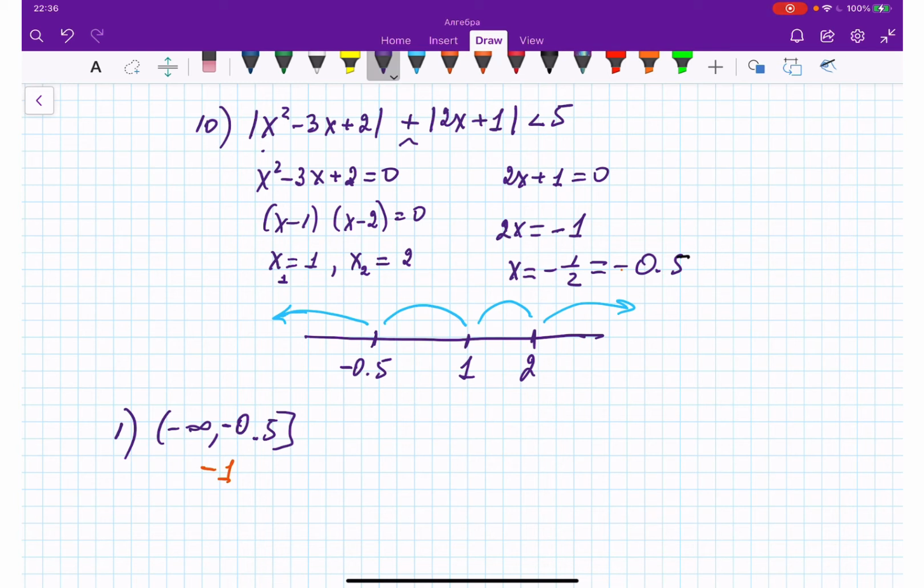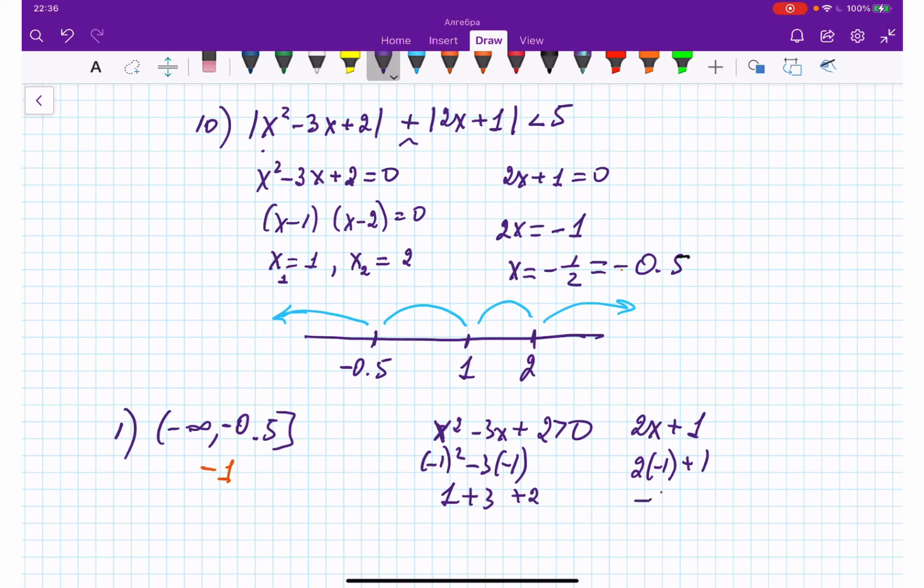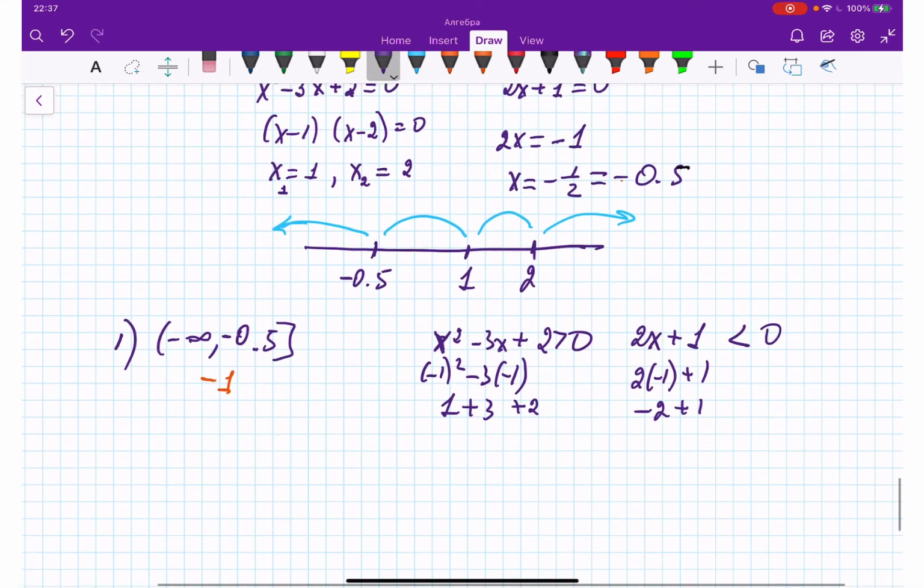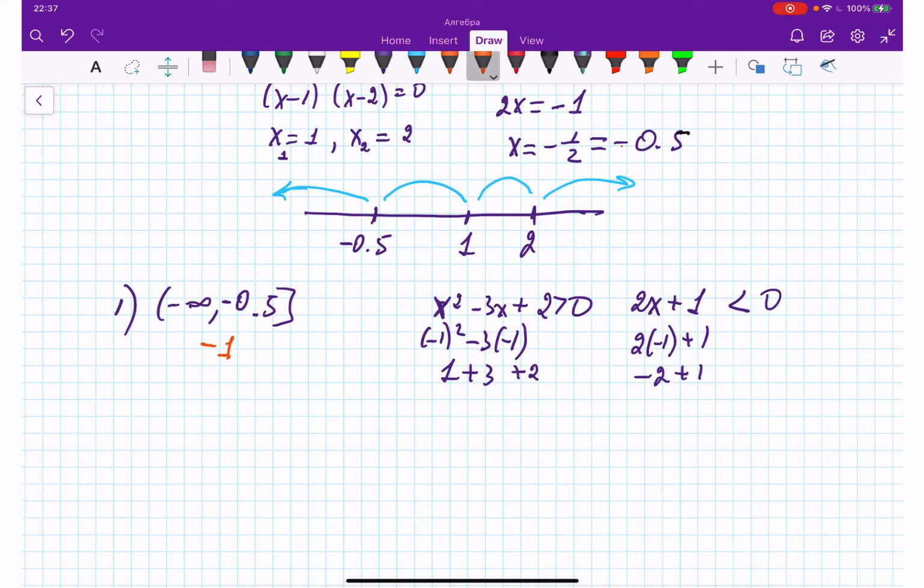So for this case, x squared minus 3x plus 2 and 2x plus 1. Let's see, if I plug -1 here, it's positive, 3 times -1. So we get 1 plus 3 plus 2. I'm getting greater than 0, yes? And 2x plus 1, 2 times -1 plus 1, -2 plus 1, I'm getting less than 0, yes? Okay, since this is plus, this is minus, therefore,